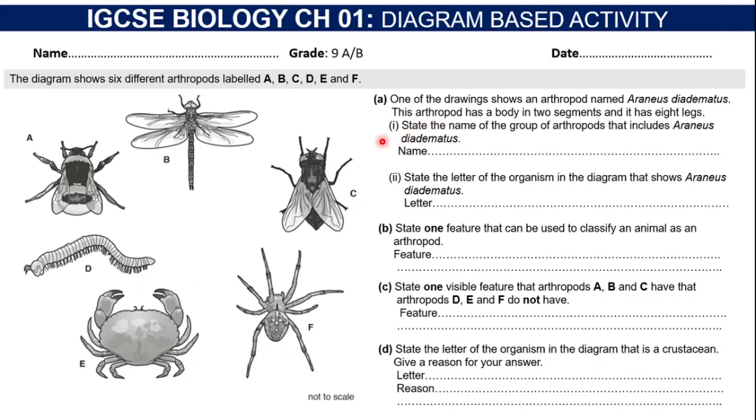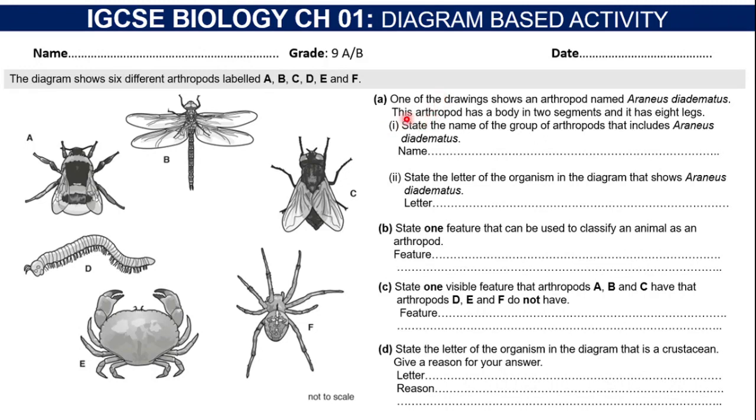You know, the meaning of arthropods means jointed legs or jointed feet, right? Arthro means jointed, poda means feet. Jointed legs or feet they have. And arthropods are divided into four groups: insects, myriapods, crustaceans, and arachnids.